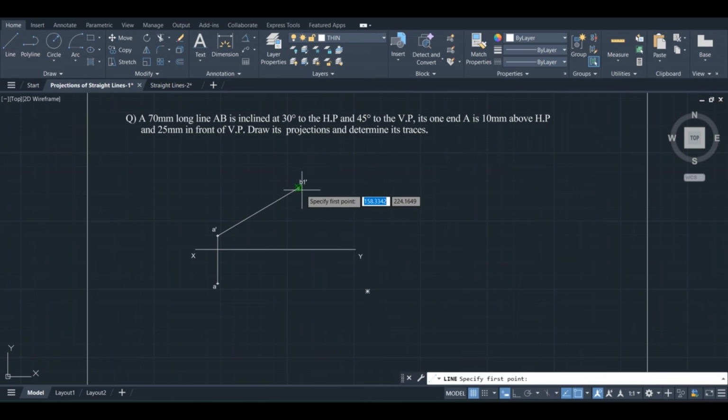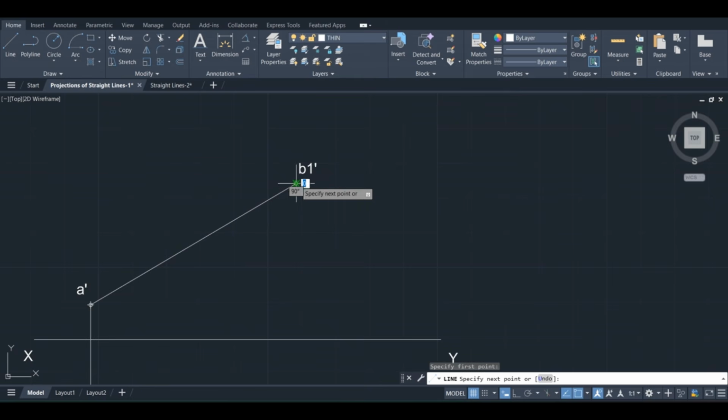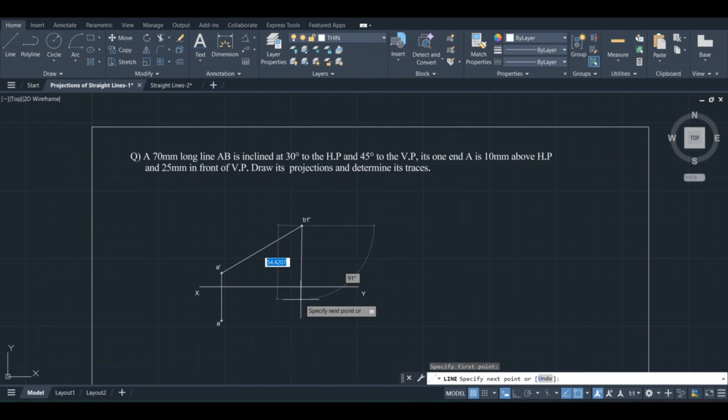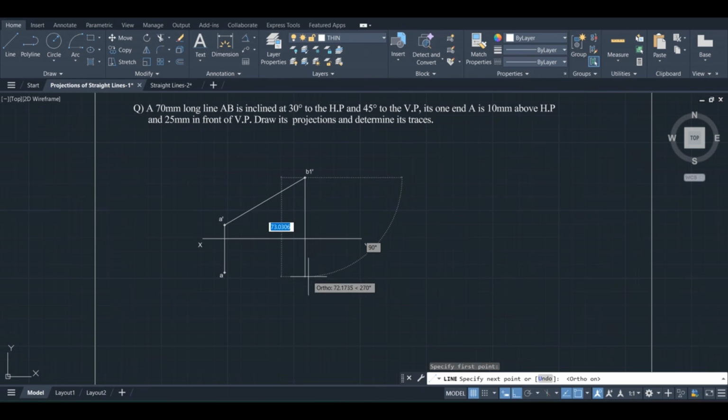Select the line to draw the projector of this point B1 dash. The projector of this B1 dash is to be drawn up to the level of point A. To draw the line up to this level of point A, move your cursor onto point A and again drag up to where you want to draw. Okay, fine, escape.